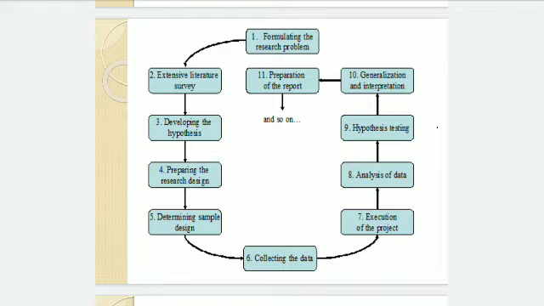This determination of sample size is not required in the case of operations research and financial type of projects. Here the sample size will not be required. After that, you will collect the data. That data may be primary data or secondary data. Then the collected data will be analyzed through various techniques. Then hypothesis testing will be done. After that, you will generate interpretations, and finally your project report will be ready.